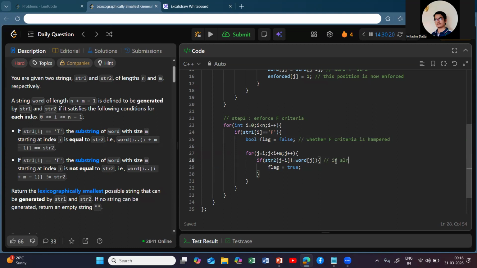If already it is false, if already it does not match, then no issue. That is why I am doing flag equals to true. Okay. And now you see if